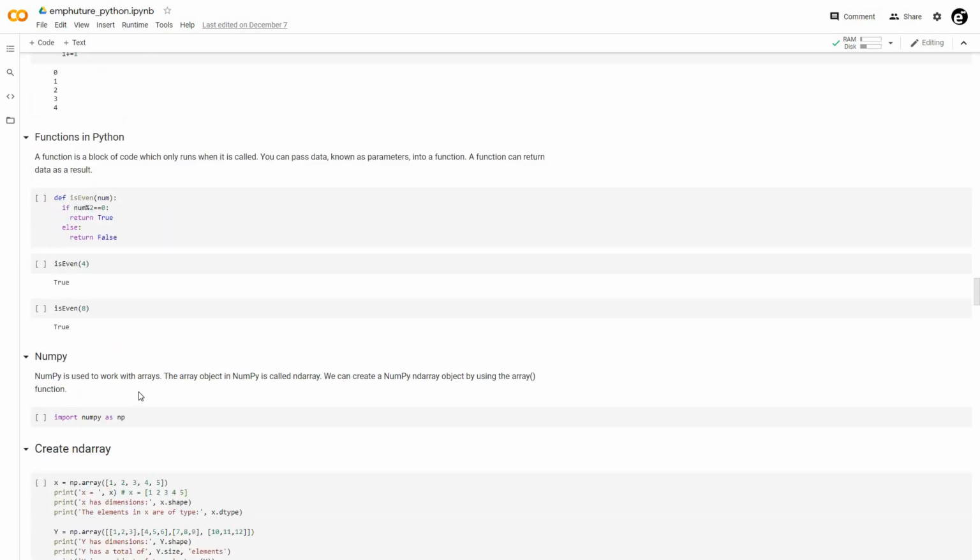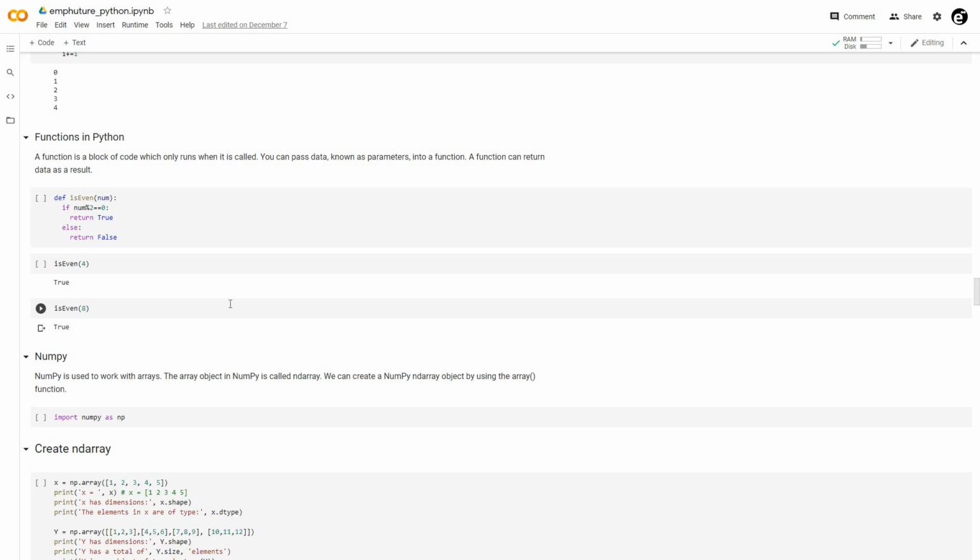Then we have functions in Python to make our code reusable. By using this, we don't have to write the same logic again and again in the script. As you can see here, I created a function to check a number is even or not, and I'm just calling it with different numbers as an argument.